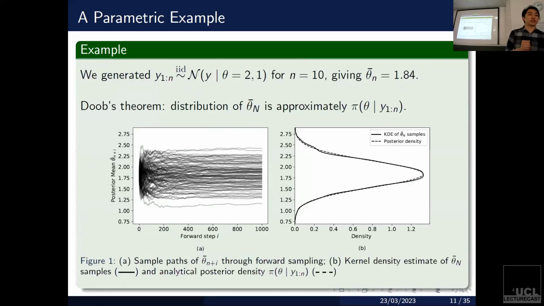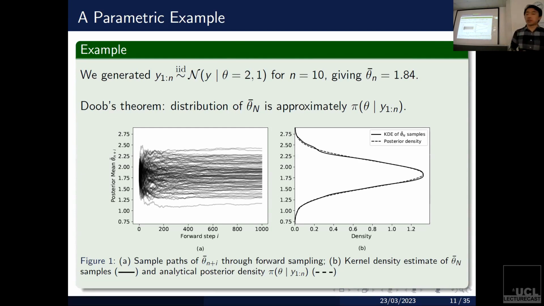So a little simulation example here. Suppose we've drawn 10 data points, in this case from the truth being theta equals 2. The point estimate is going to just be 1.84, so that's going to be the place where we start. So on the figure on the left here, we have a plot of trajectories. Along the y-axis, we're going to be plotting the trajectory of the posterior mean, or you can think of it as the sample average of this imputed population. At time 1, this is essentially just going to be 1.84, but you're going to be drawing y_{n+1}, y_{n+2}, all the way up until y_{n+1000} here. And as we simulate this infinite population, we're going to be computing this kind of running mean.